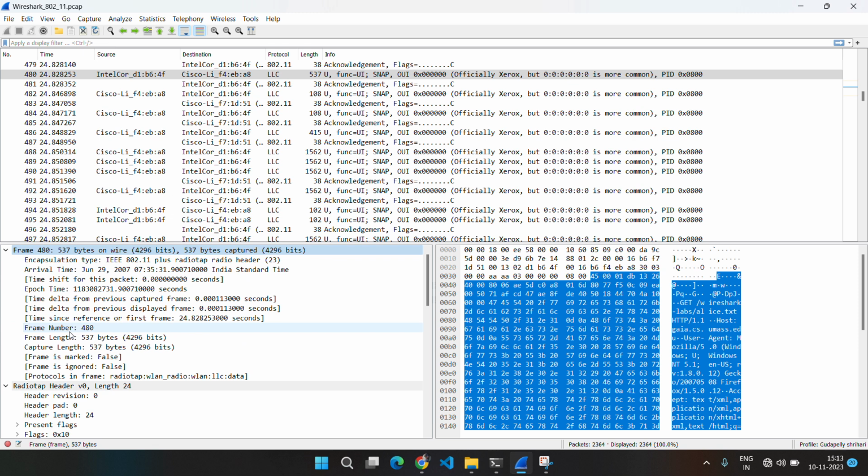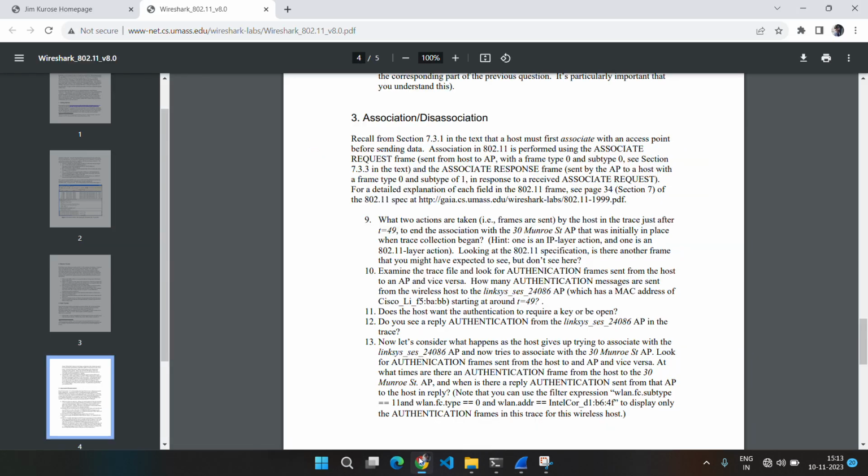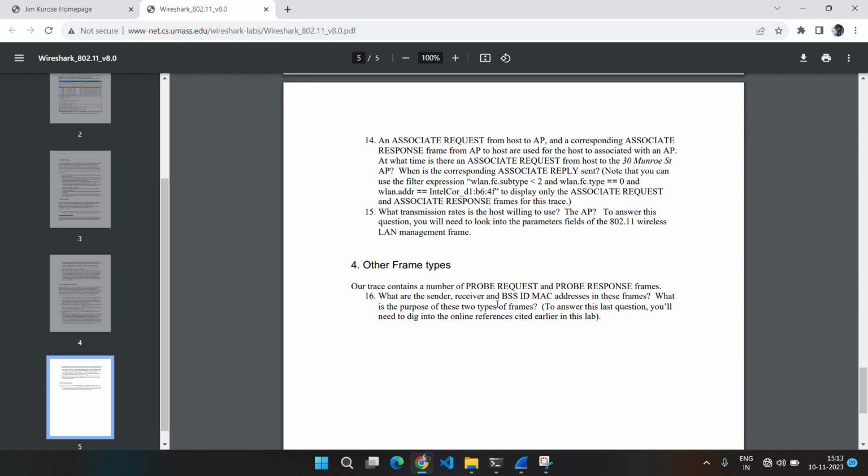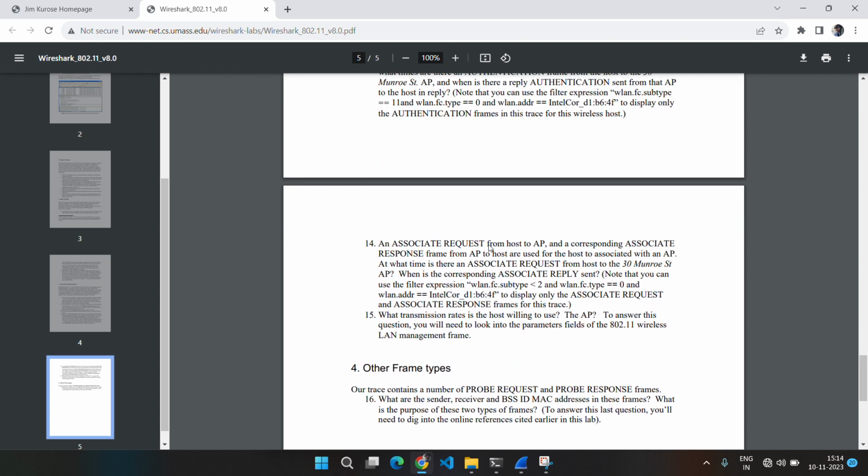It's also the encapsulation type, which is IEEE 802.11 plus radiotap radio header. From these total details, you will get every answer, including the transmission rate,